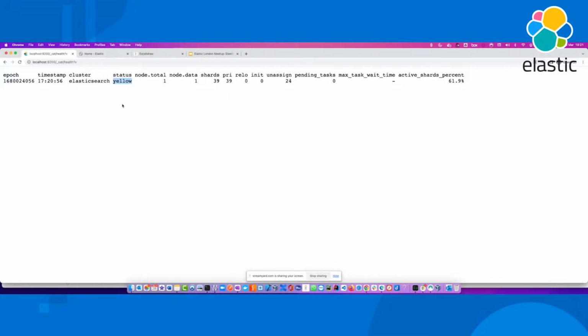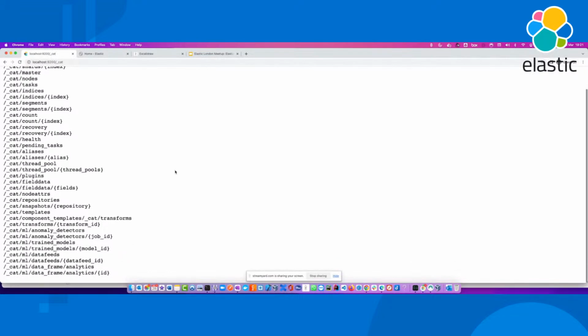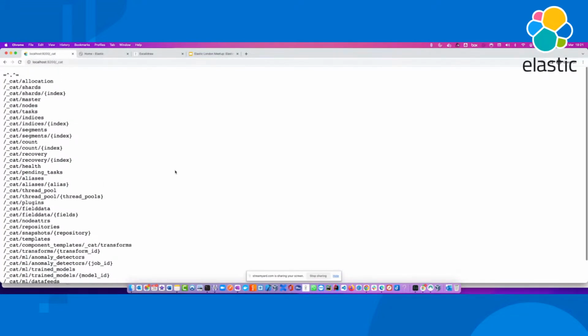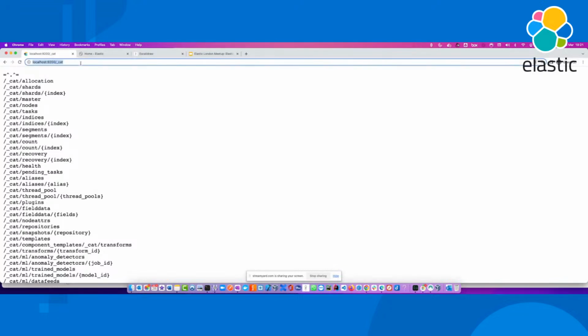Okay, so you can run some of the APIs here, but ultimately there are about two to three dozen cat APIs. You should be able to talk to Elasticsearch directly and get the information from it. However, normally, because Elasticsearch exposes all the APIs via RESTful endpoints, you are expected to use some sort of client API.